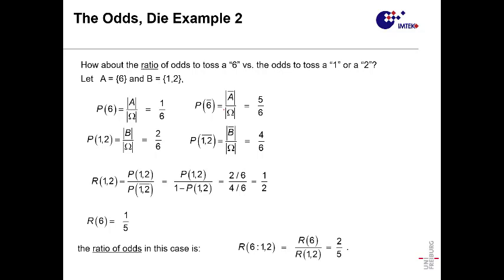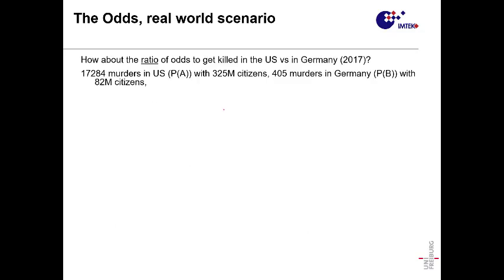I know that at this point you will not care much about this, but let me show you something that is interesting. I like this example. It's kind of old, but I really like it. So let's say that you are in the USA and you want to move to Germany, and you don't know anything about Germany. Or you are from Germany and you want to move to the US, and you don't know anything about the US. But one thing you know is how many people are killed in each of the countries. Murder, just for any reason.